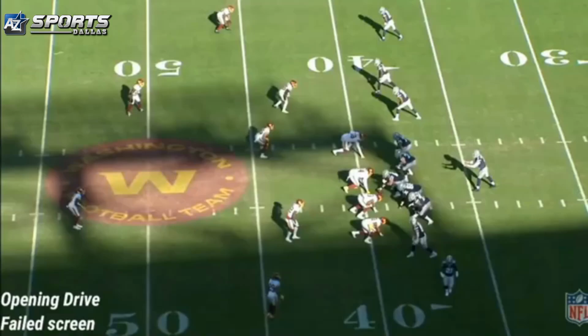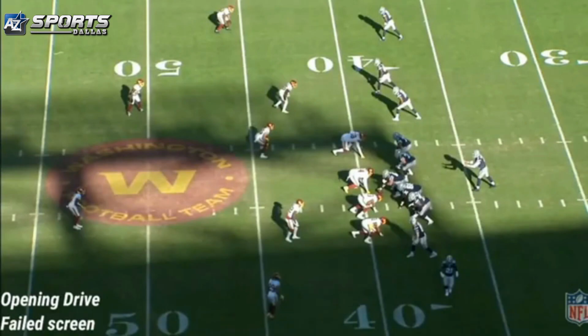All right, so like I said, this is going to be mostly the first half, because I think the first half and definitely the first drive of the game was pretty much indicative of how the game went, which is, yeah, you're moving the ball, you're getting some tough yards on the ground, followed by some suspect run blocking, failed screens, miscommunication, some missed opportunities, and just no consistency. It's kind of just indicative of the entire game. And then we'll look at the second interception, and I think I figured out why it happened.